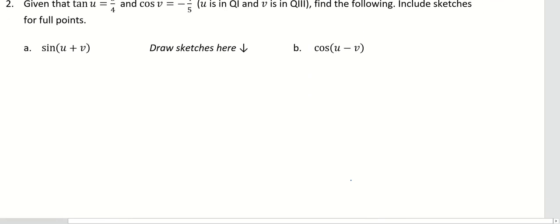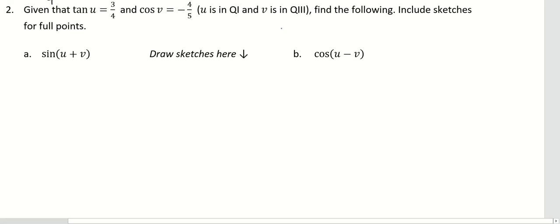All right. On number 2, here we go. I give you a little place to draw some sketches. So I'm going to sketch 2 triangles. The first one we'll do in blue because U is in quadrant 1. Here's a quadrant 1 triangle, and there's my angle U. If the tangent, which is the opposite over the adjacent, is 3/4, then here's the opposite and the adjacent. And I know off the top of my head by Pythagorean triples that this is a 5, but you could confirm that with